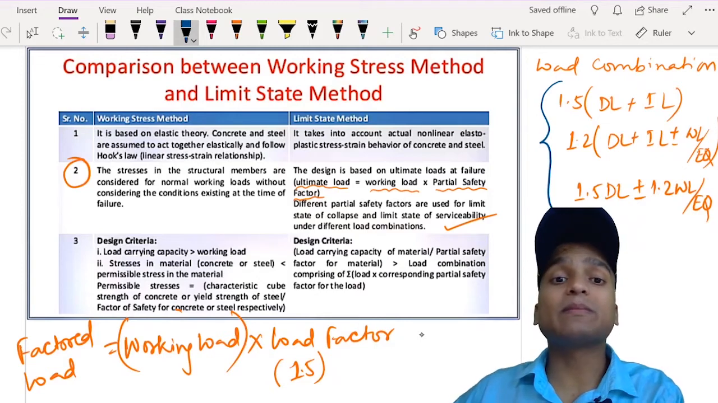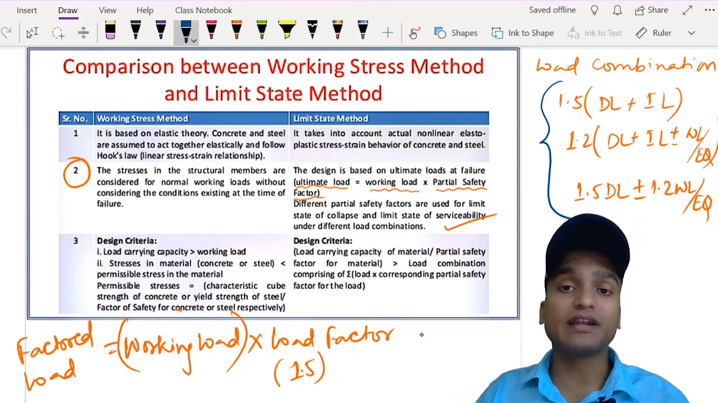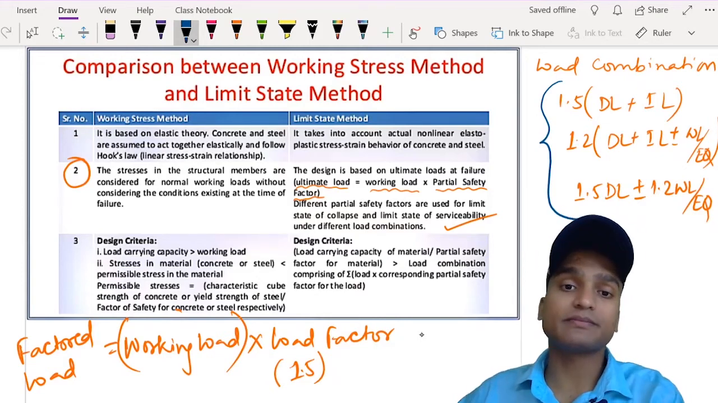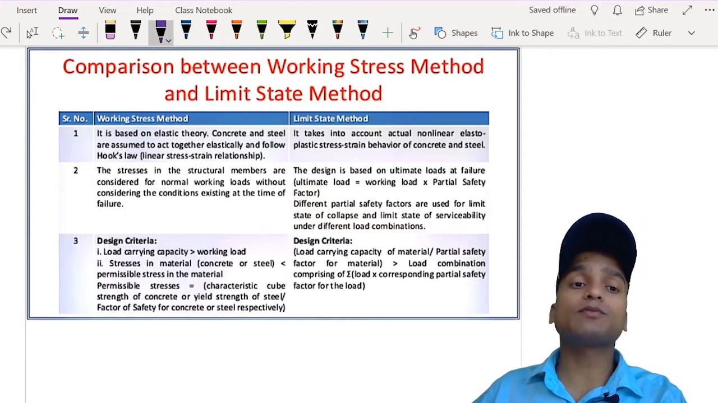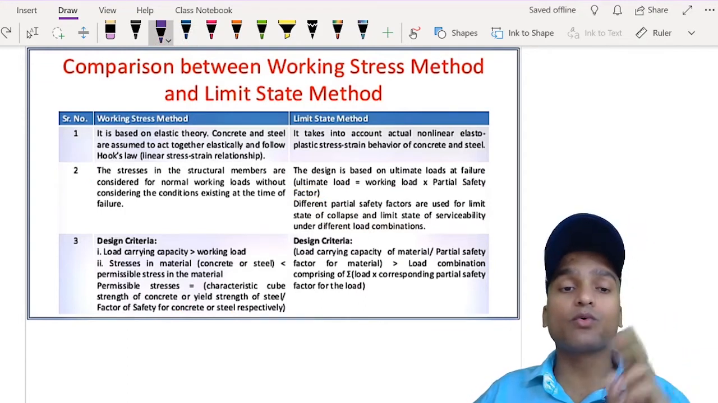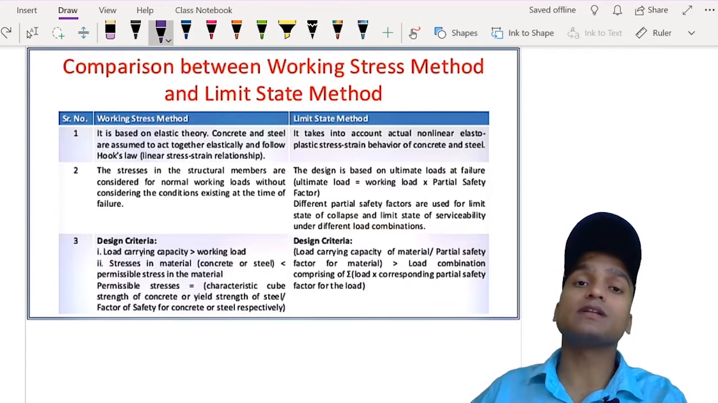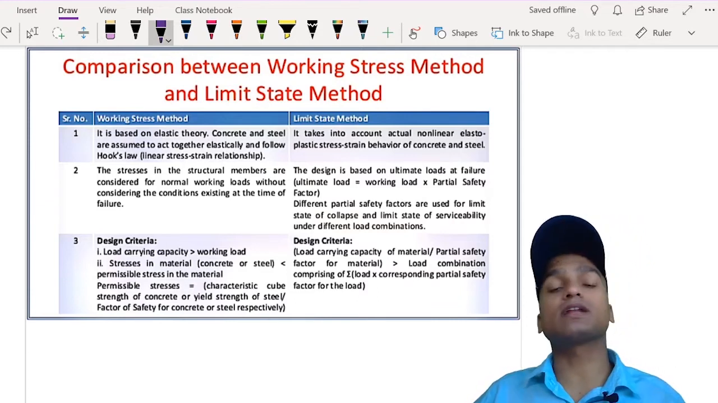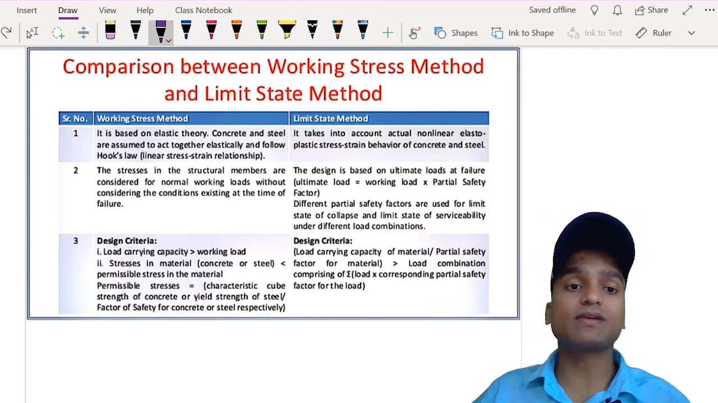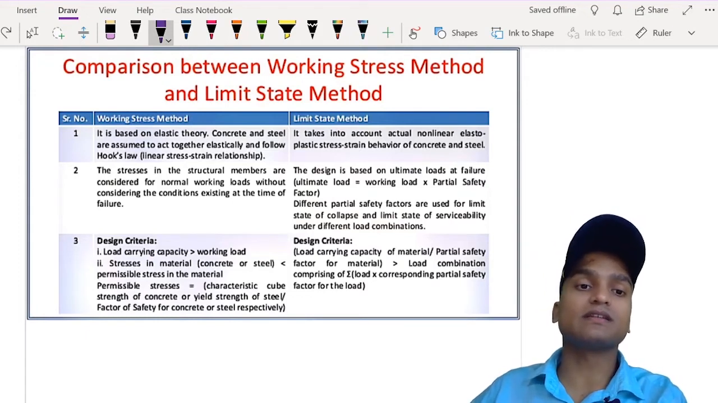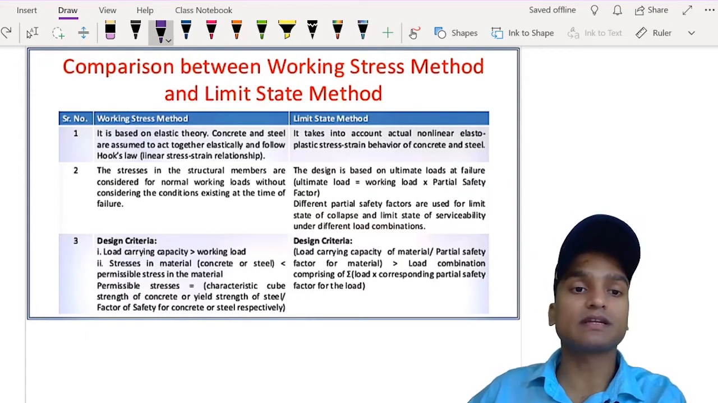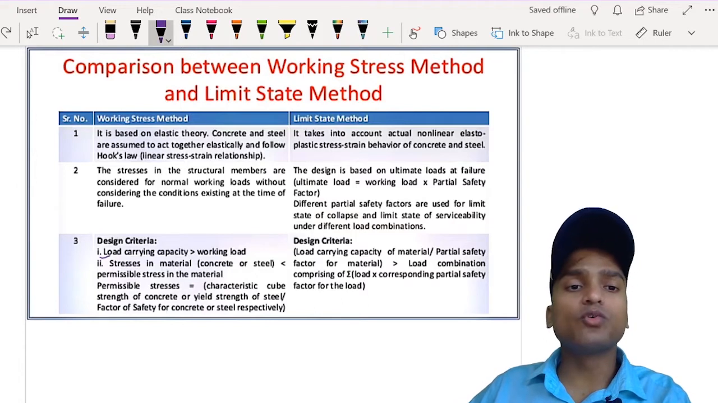Now let us discuss the basic difference in the design criteria of WSM and LSM. So in WSM we have to satisfy two design requirements. The first one related with the load and second one with the material strength. The very first condition is that, just now we have discussed in the second point also, that the load carrying